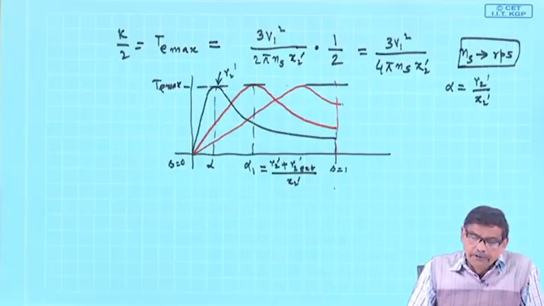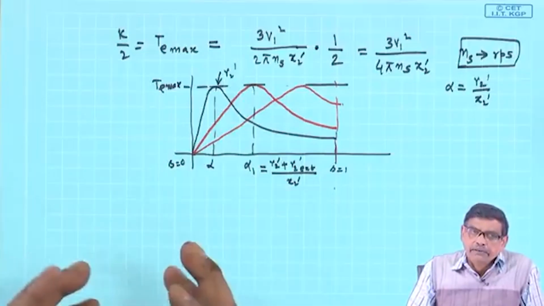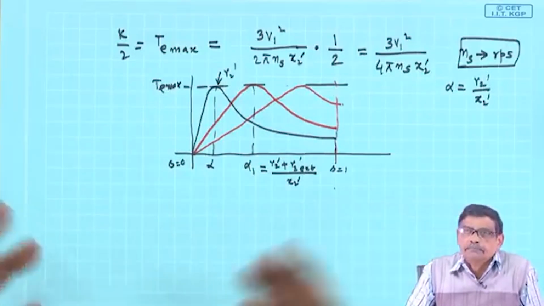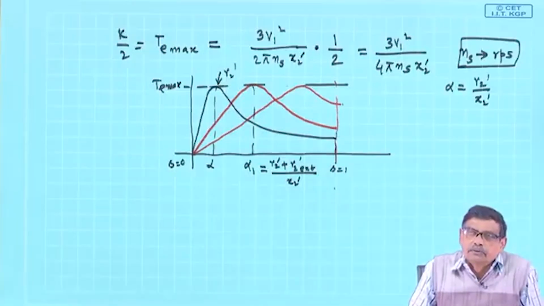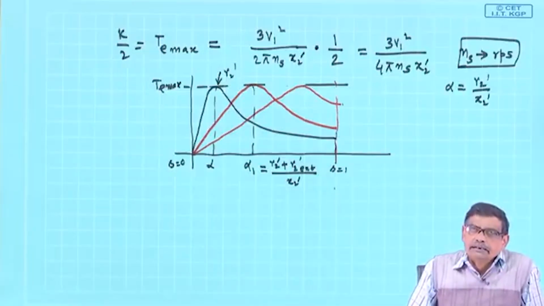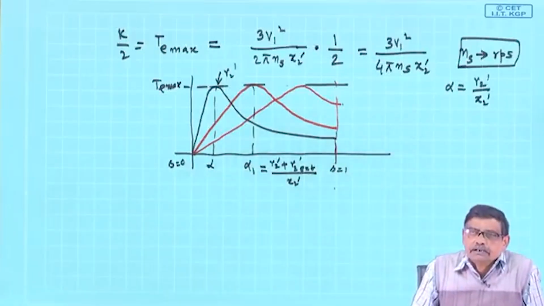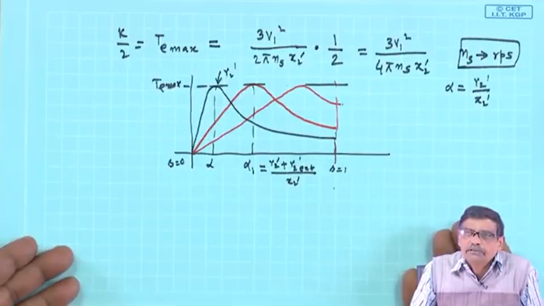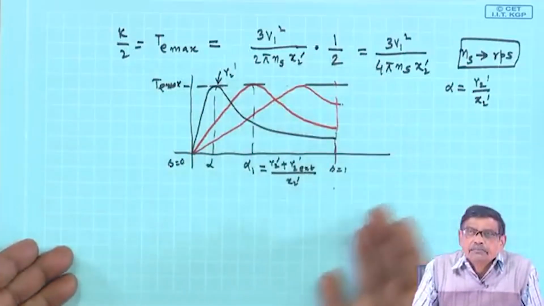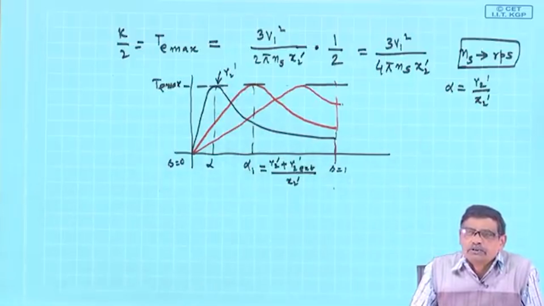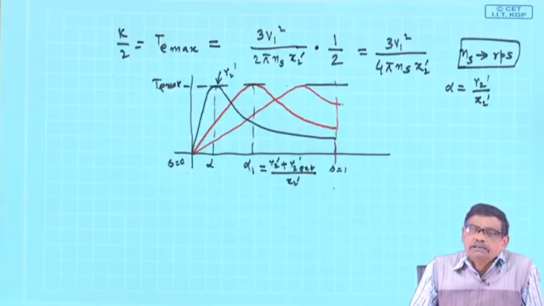Earlier, for a given machine, people used to draw what is known as a circle diagram of a given induction motor, and there, for every value of slip, the things are already present. You will give me the value of the slip. From that circle diagram of the 3-phase induction motor, I will be able to tell how much is the rotor copper loss, how much is the torque developed, how much is the efficiency of the machine,